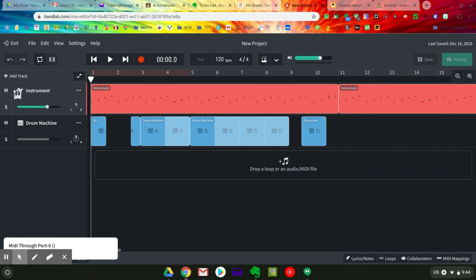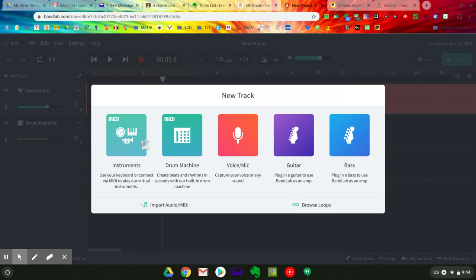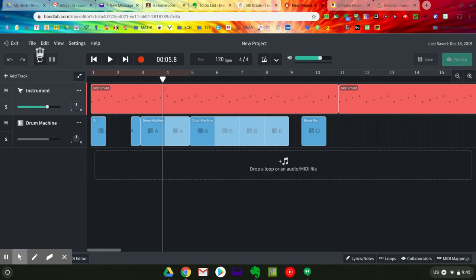You notice I put in an instrument. I don't even know what this one sounds like. Let's see, here's the play button. Okay, so right here you have add tracks, and when you hit add track, you can add instruments, drum machines. Some of these, though, they're expecting you to plug stuff in, like plugging in a guitar or a bass. You can sing, but then I use the instruments and the drum machine to do most of my stuff. And then again, when you're done, there's a way to download it,